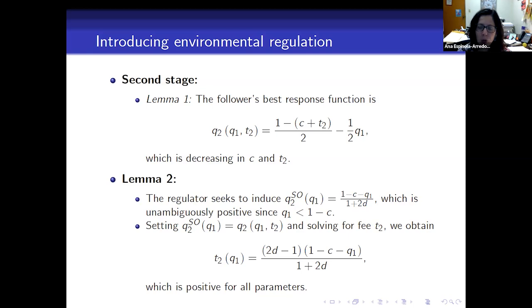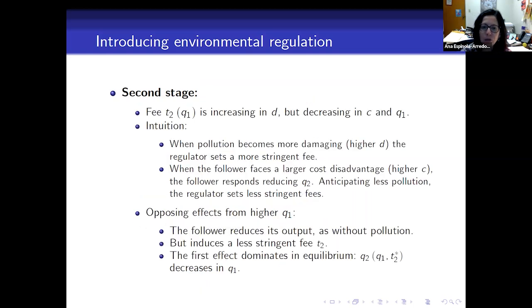With this socially optimal amount, we are able to identify the emission fee that will induce the follower to produce that socially optimal amount. So basically, you take this socially optimal amount, make it equal to the follower best response function, solve for T2, and you will obtain the emission fee that the follower faces. Next, we will examine how this emission fee changes when environmental damage changes, when the leader's cost efficiency changes, and when the output level of the leader changes. So what we observe is that the emission fee increases in D. So if the environmental damage increases, the emission fee becomes more stringent, but decreases in C and in the output level